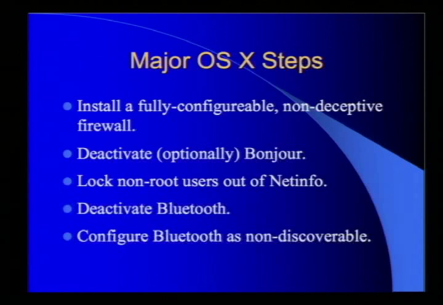So, with that said, this is what Bastille aims to do. First, get a working firewall in the system, one that doesn't suck. Second, deactivate Bonjour if you're willing to. If you're actually using that stuff and you want to broadcast on the DEF CON network, hey, I'm using iChat, anybody want to talk to me? That's cool, you can keep it. What else? We can lock non-root users out of doing that netinfo thing where they could get a list of usernames and password lengths. We can turn off Bluetooth. And for Bluetooth, we're going to make it non-discoverable, so even if you turn it back on or you left it on in the first place, you can actually make it non-discoverable.